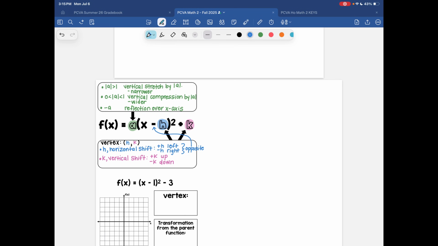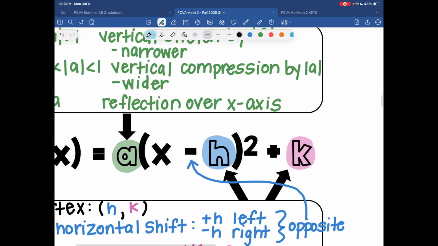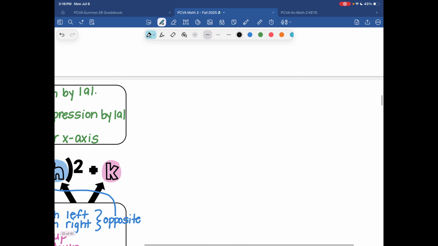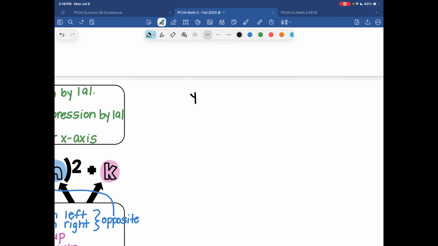Alright, for this lesson we're going to be talking about vertex form of a quadratic, and the transformations that we actually see when it comes to vertex form. So vertex form is in the format where it's a parentheses x minus h squared plus k. So technically, if I have, let's say, y equals 2 times x minus 3 squared